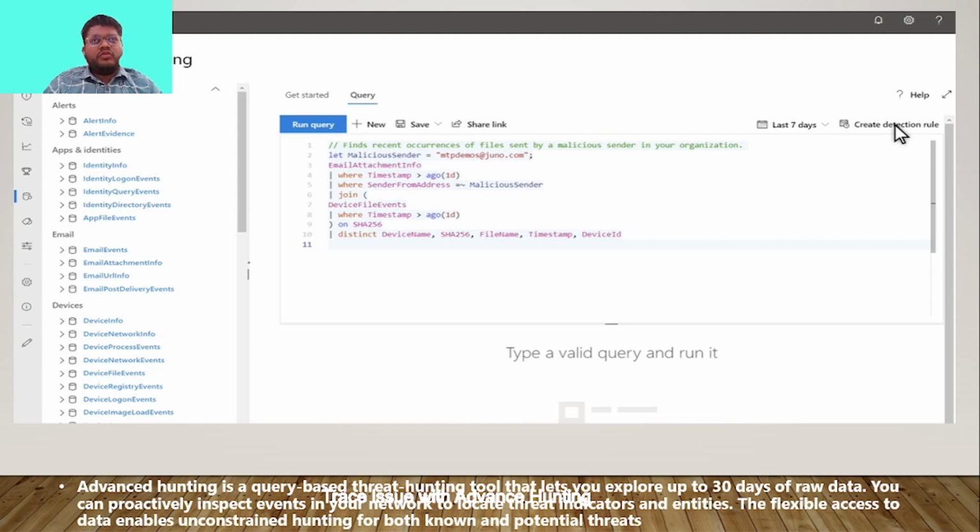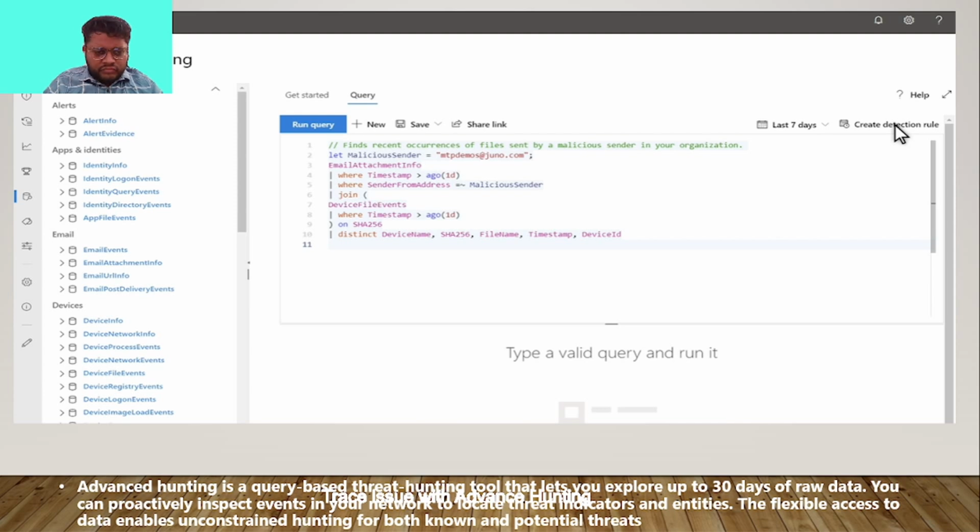When we try to search or track anything security related in our network infrastructure, we need to track with the help of attributes and labels. Here in the apps section, we have identity info, identity query events, logon events, and file events. Similarly, in email, we have email attachment info, email events, and email URL info, through which we can create a query